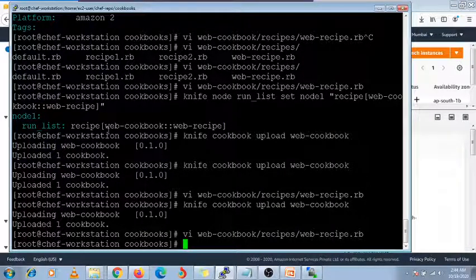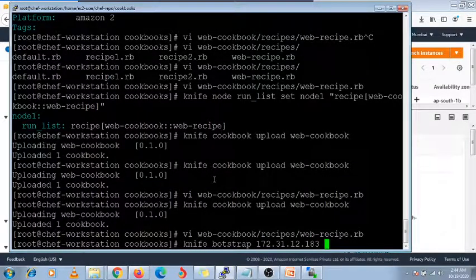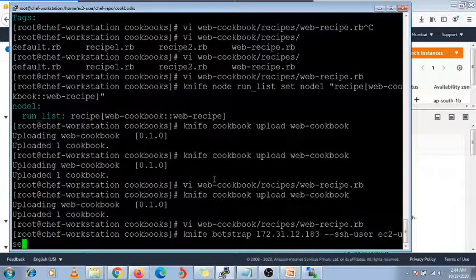So how can you add it? Whatever server I have built in your environment, you need to add it first using this knife bootstrap command. Here you need to take the private IP address of your new Linux machine and put it here, then hyphen ssh hyphen user ec2 hyphen user. This is my username here.